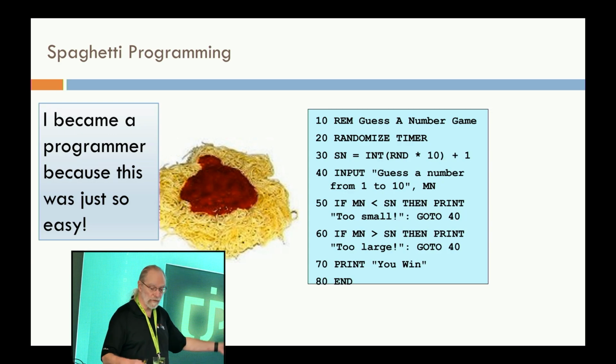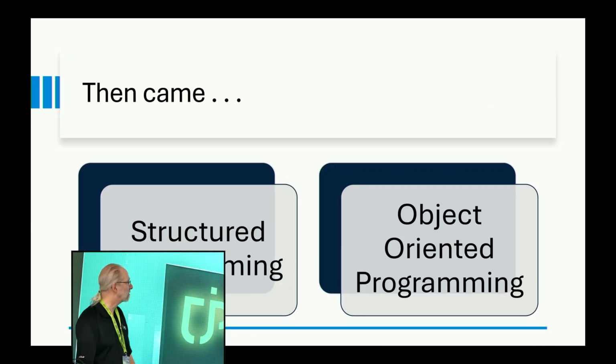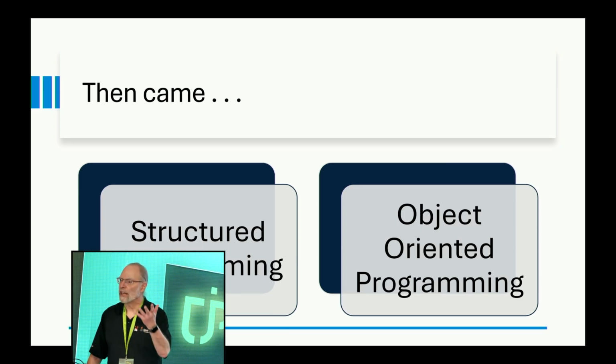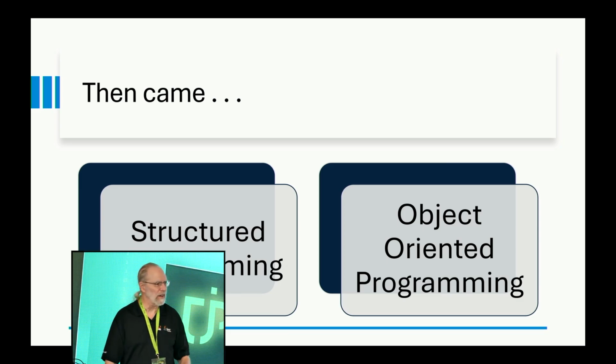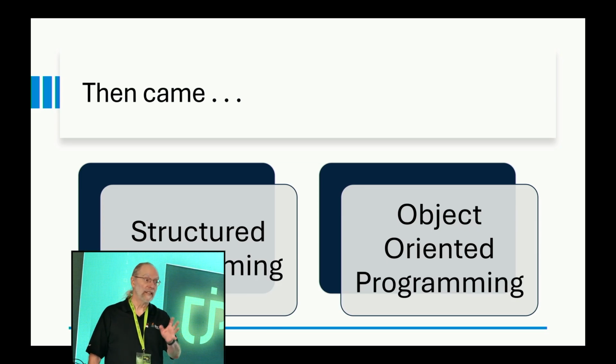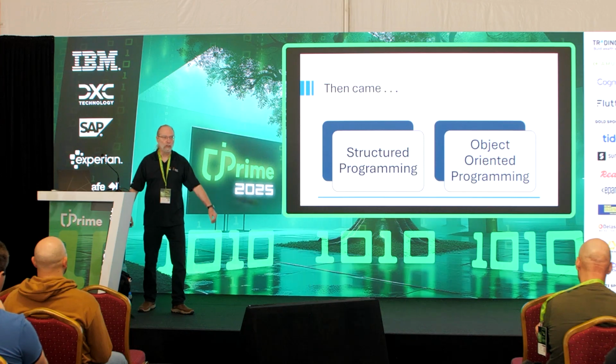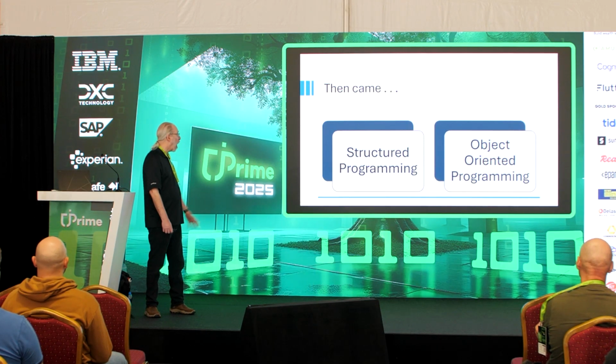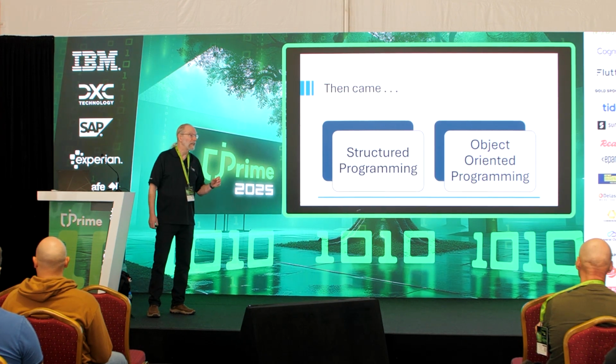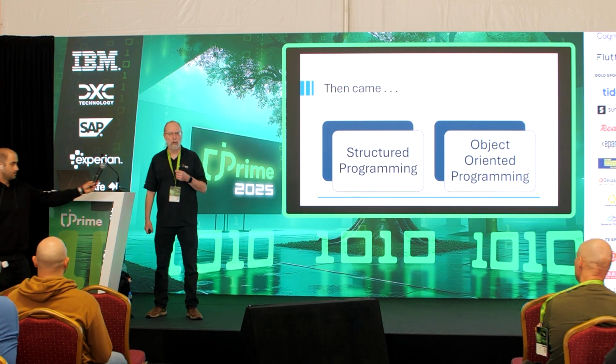But we evolved. I call that spaghetti code because you wrote as you thought. I need input, I need to evaluate it, I'm going to show the answer. It's actually not a bad structure to begin with. But then as we move on, yes, we talk about structured coding, object-oriented programming, though I have to admit I usually describe it as